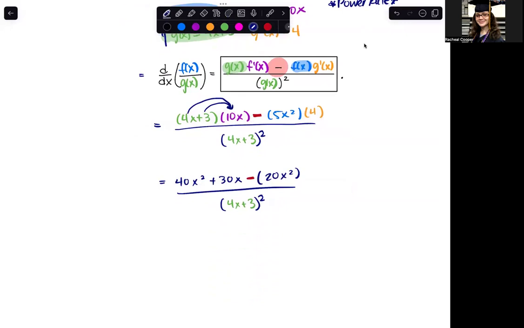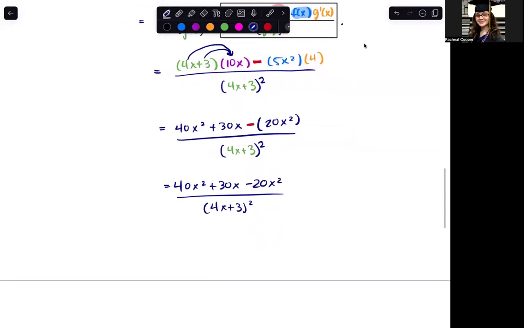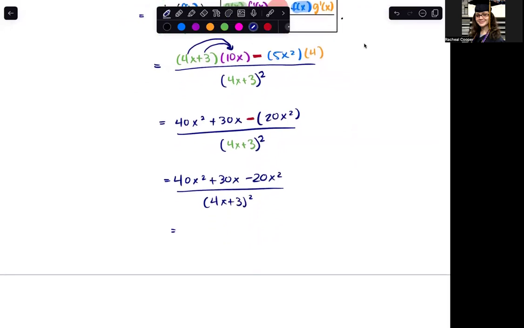So here we have 40x squared plus 30x minus 20x squared, all divided by 4x plus 3 squared. That's 40x squared minus 20x squared, or 20x squared, plus 30x divided by 4x plus 3